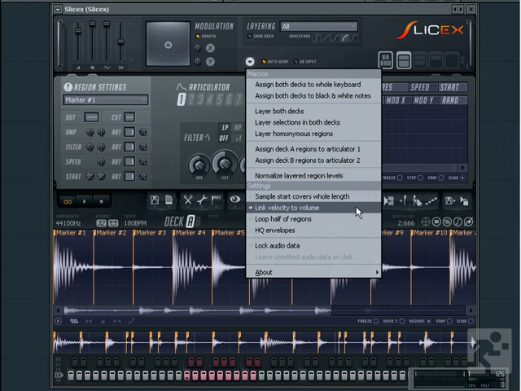Link velocity to volume allows you to play the samples with velocity like a normal keyboard. With this option off, velocity will not affect the slices on playback. Loop half of region will loop the second half of the region if you are choosing to do so when you are looping. High-quality envelopes will give greater accuracy in your envelopes,